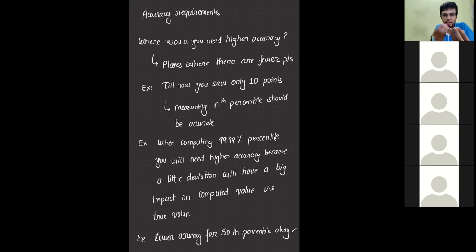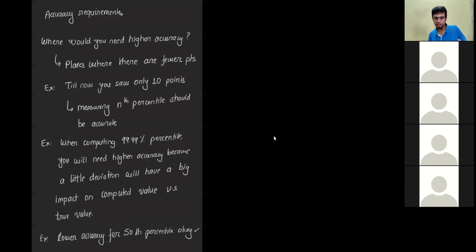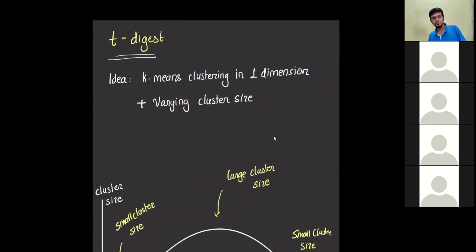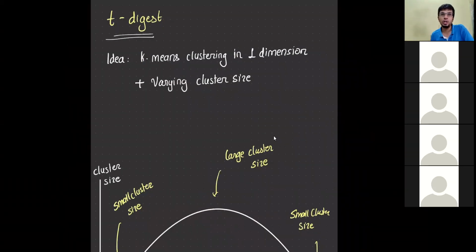So here, either way, it still would not matter because it's all clubbed together when there are a lot of points. Okay, this is very important to understand. This forms the crux of how our algorithm would treat this thing. So what we are actually talking about is a data structure cum algorithm called T-digest. So T-digest is the name of it.